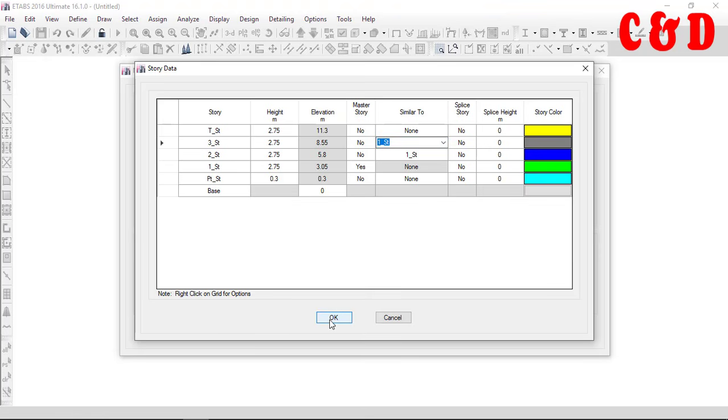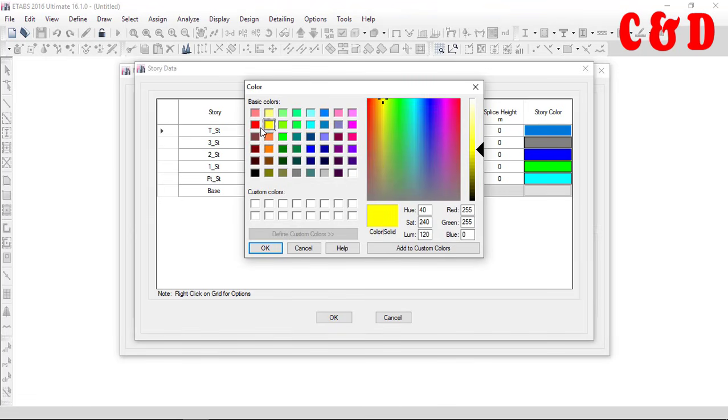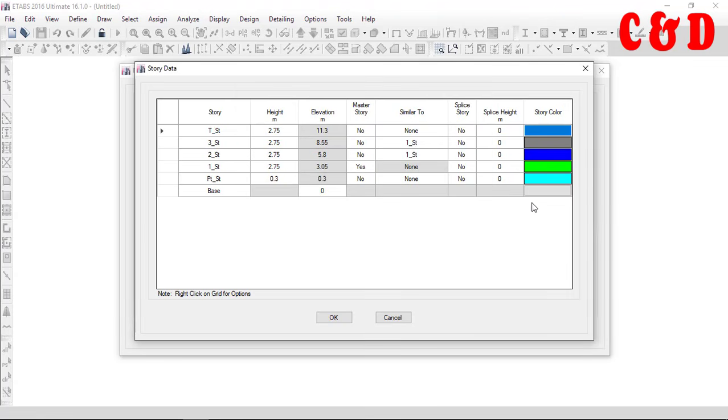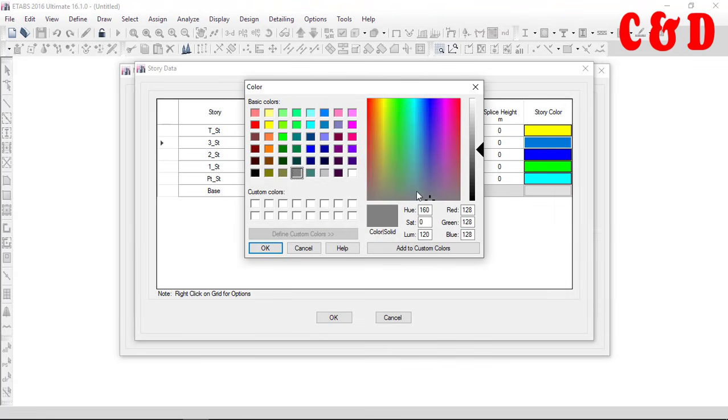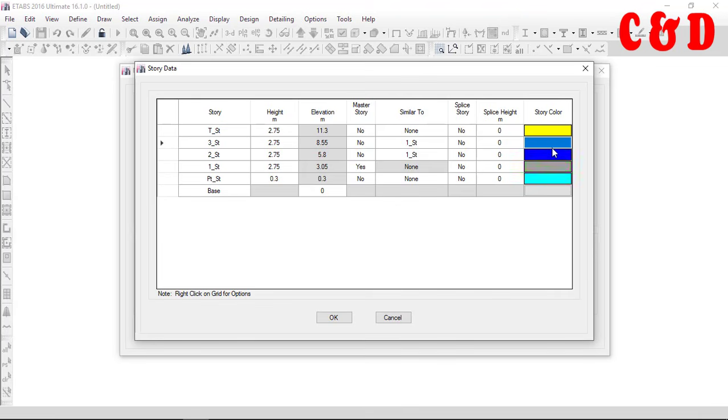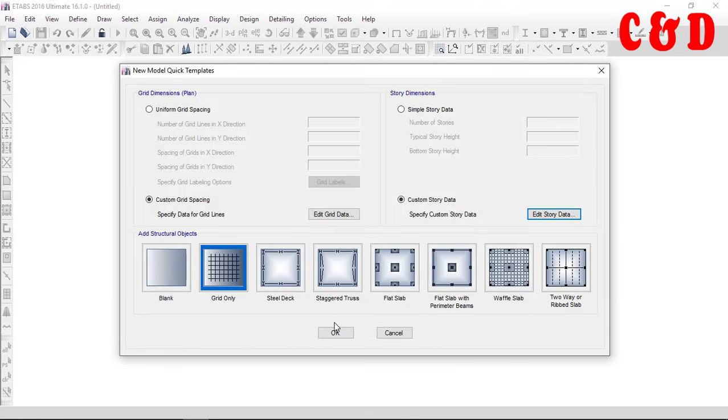Okay, also you can set the color for each individual story, used to convey certain things. Now just click OK and you will be taken back to the story definition option. Now again click OK and the ETABS will open